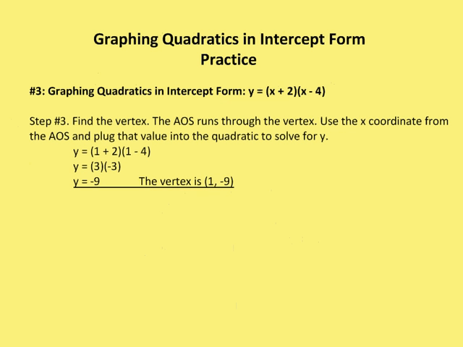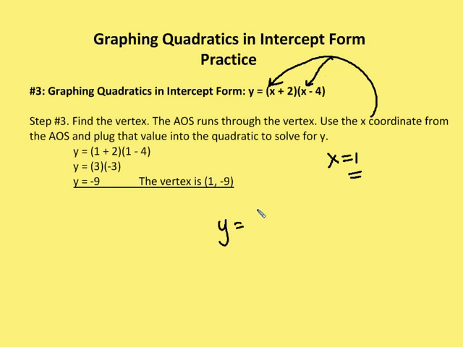Okay, next step is to find the vertex. Well, we know that the axis of symmetry runs right through the vertex. So I have the x coordinate from the axis of symmetry, and I'm going to plug that back into my quadratic in intercept form and solve for y. So I know the axis of symmetry is x is equal to 1. I use the value of x is equal to 1, and I plug that back in for x